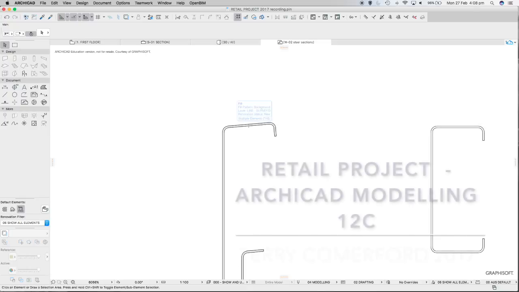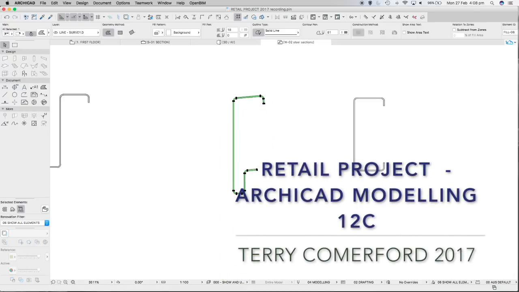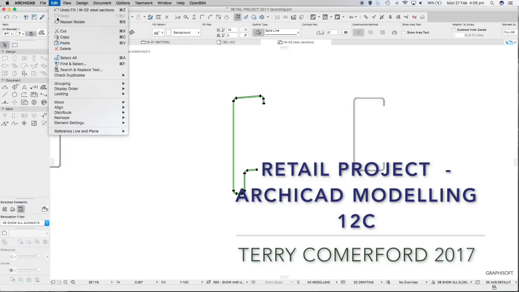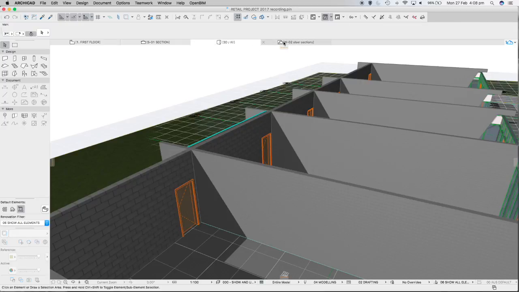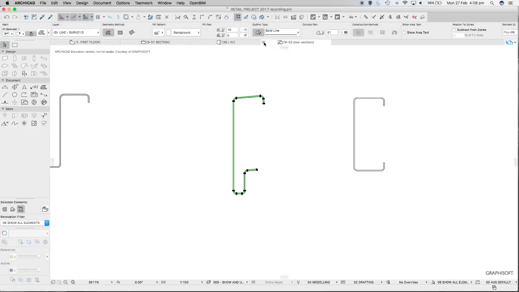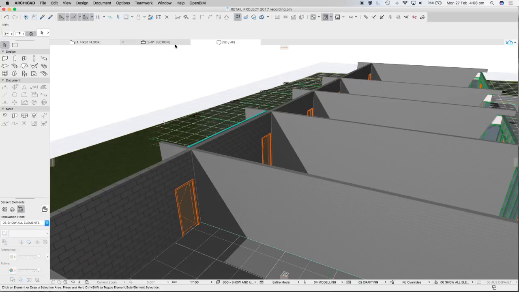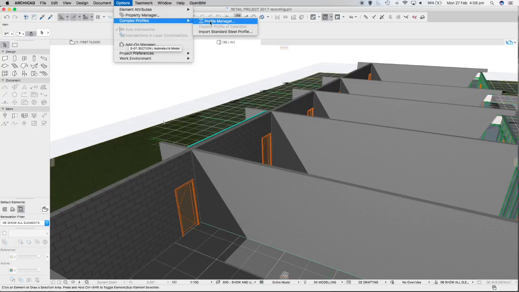We need to select that fill. Make sure it's the fill that we're selecting, not one of the lines. We copy that to the clipboard, edit, copy, and we can now close down the worksheet. So just hit the cross and close down the worksheet, because we're going into Options, Complex Profiles, Profile Manager,